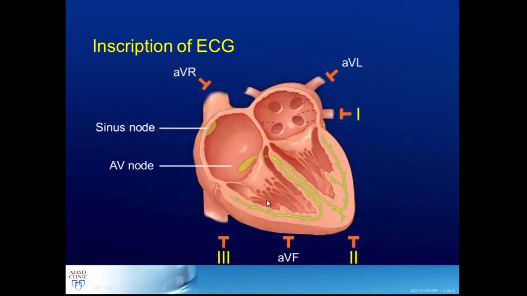So I think conceptually easier to think about if you have a focal source tachycardia. So let's say you have an atrial tachycardia originating from the left upper pulmonary vein. If you look at the ECG, the P wave then is going to be negative in AVL, negative in 1. So not